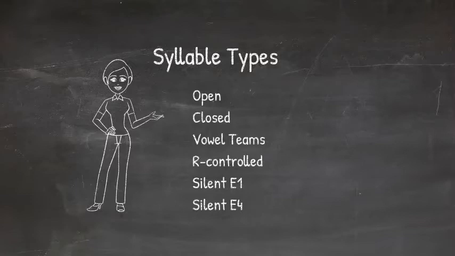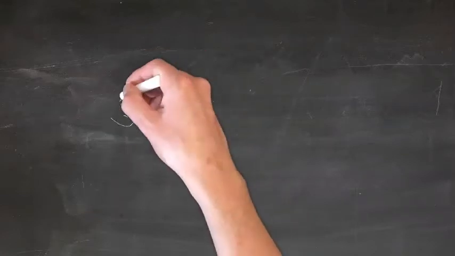R controlled. These are your ar, or, her, first, nurse, anything that's a vowel with an R. These guys act like vowel teams in the sense that they say anything they want, anywhere they want, but they change their mind and act differently when there's an ending. Silent E, job 1. E in job 1 comes in, and even though the door is closed on the vowel, E helps the vowel yell its long sound over the top of the consonant who's trying to shut the door on them. Silent E, job 4, I don't usually mention it a lot in the AG list, but it's that consonant-LE ending.